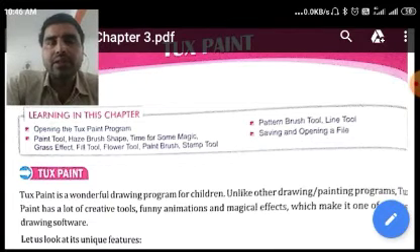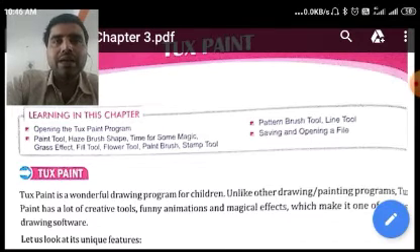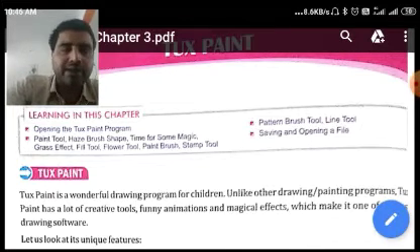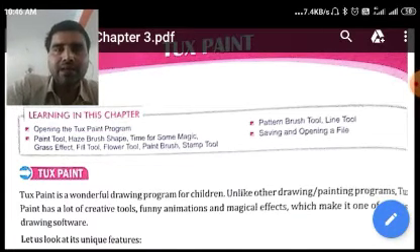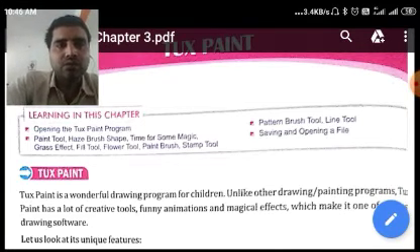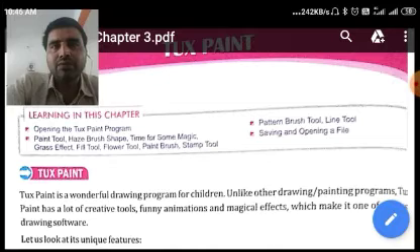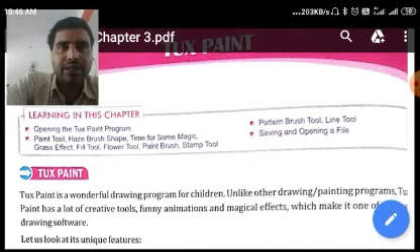We have already revised two chapters in the previous two videos. Now here I am going to revise chapter number 3, which is Tux Paint. Okay, let us start the chapter. I hope most of you have understood the basics of the chapter because it has already been covered previously also. I am again going to revise this chapter, but this video is only for revision purpose. All of you should keep it in mind.